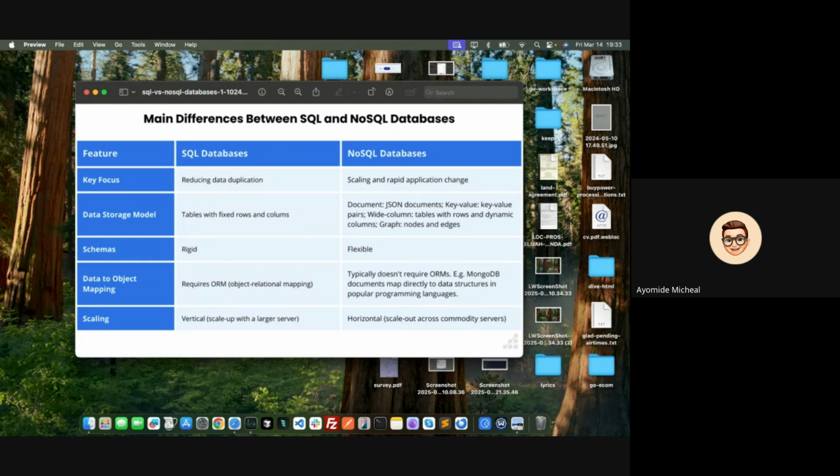However, in NoSQL database, whenever I say MongoDB, just know I'm talking about NoSQL database. In MongoDB, you can't do that. So what we have is reducing data duplication by